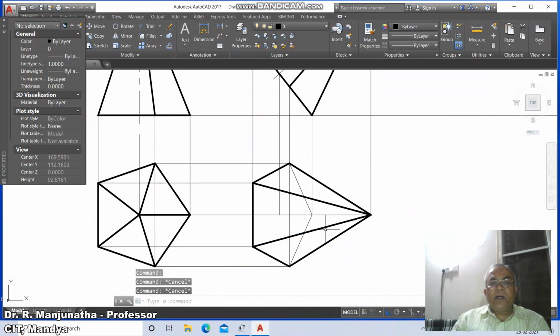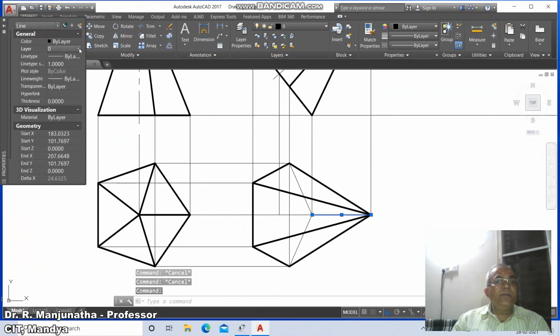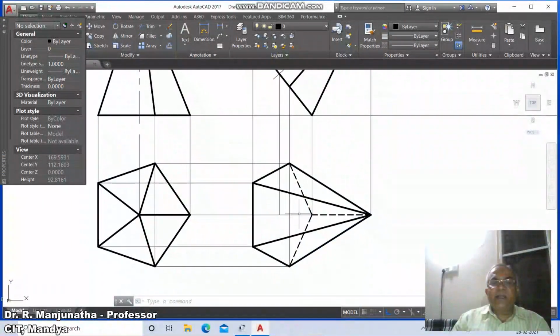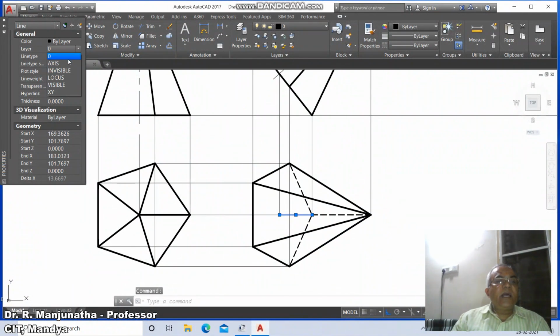Then an edge or a corner which is on the XY line in the front view is always invisible. So this edge is going to become invisible, and the line type scale is going to become 10. If one of the edges is invisible, automatically the other two edges also become invisible. Apply that rule, take this as invisible, and take this distance as 10. Then select this line and make this layer the axis layer, and take this as 5.